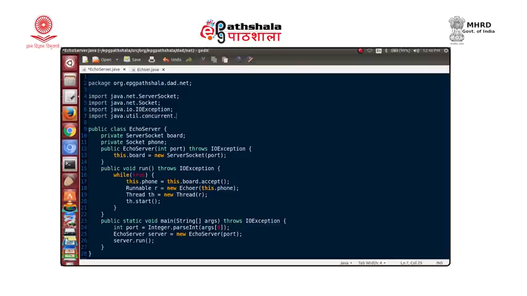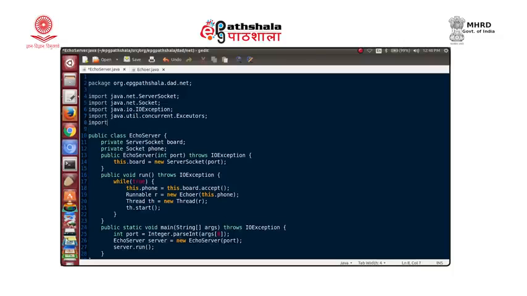We are going to be using the Executors class and the ExecutorService. We have these two which we will be using here typically.